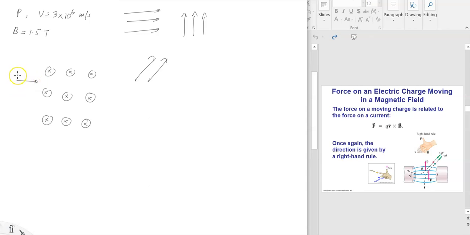Here comes the proton with the velocity v. Now, what's the force acting on it? Which way is it going to deflect? We're going to use the right hand. So again,